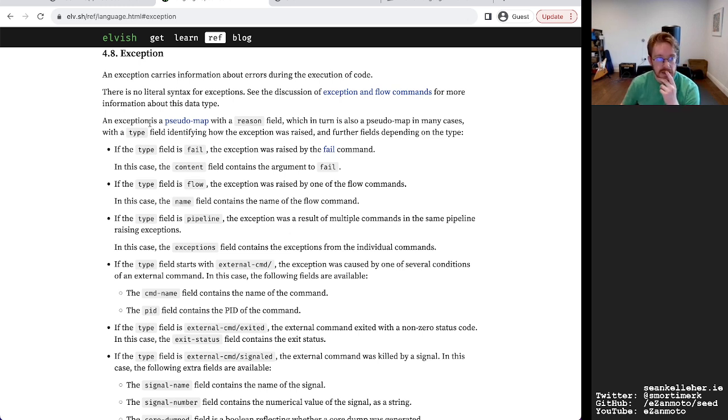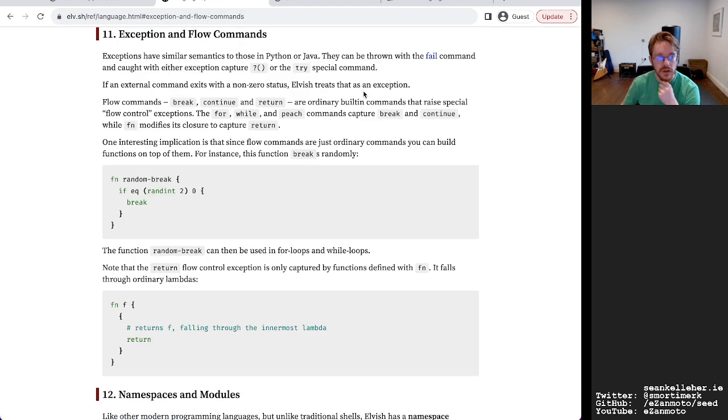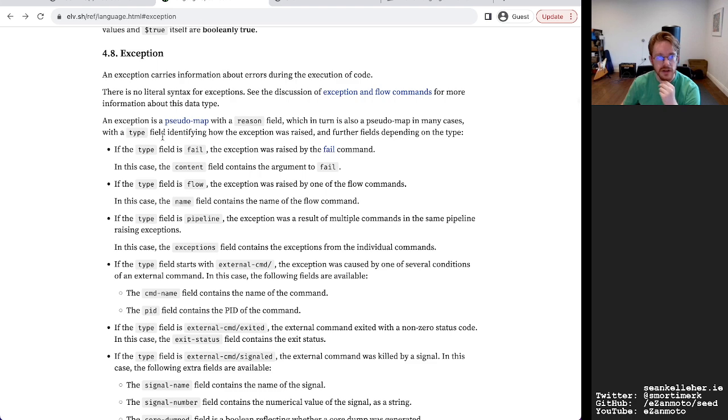So an exception is a pseudo map with a reason field. Yeah, so I'm guessing that's similar to an object in the language I'm thinking about. There's no literal syntax for exceptions. Yeah, so that makes sense. Oh, and it can be thrown and caught, yeah, with the try special command.